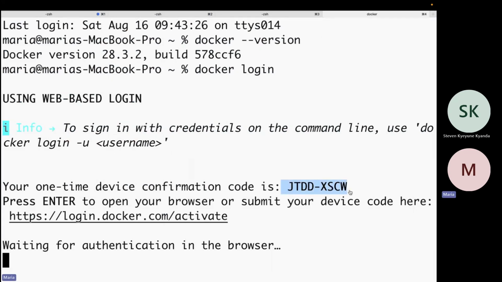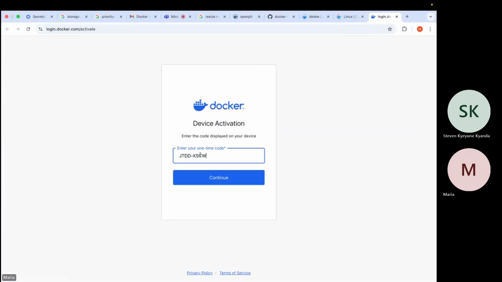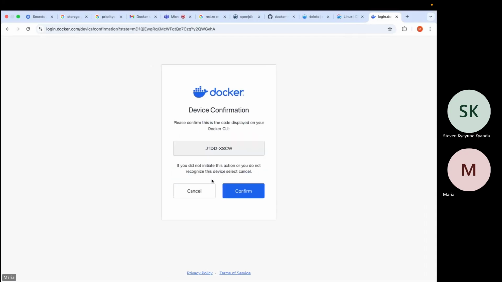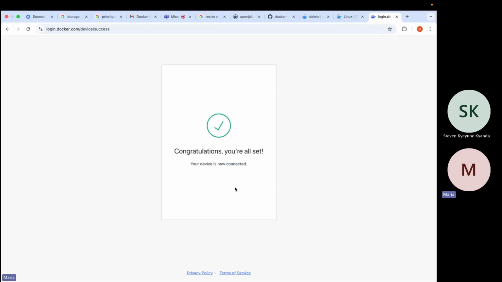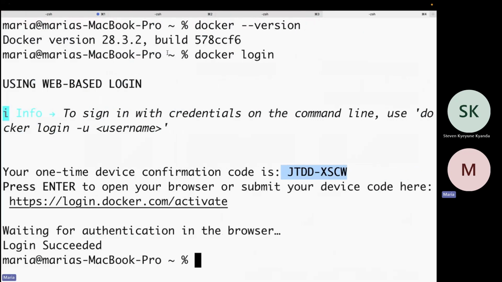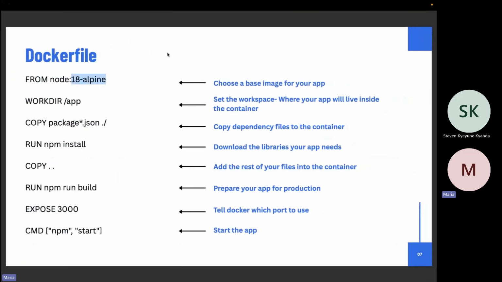This one, paste it in. Then it authenticates you. Without authentication locally, your image cannot be fetched from Docker Hub. Is that clear so far? But you can always use other repositories.